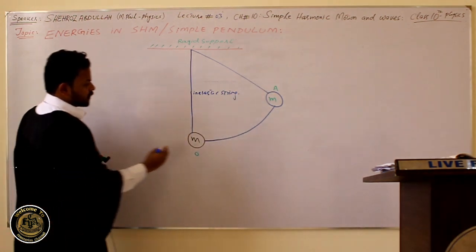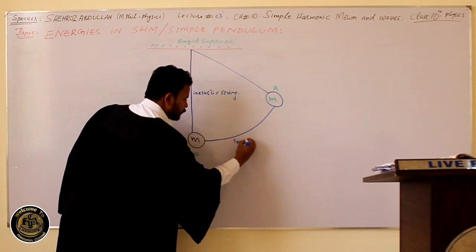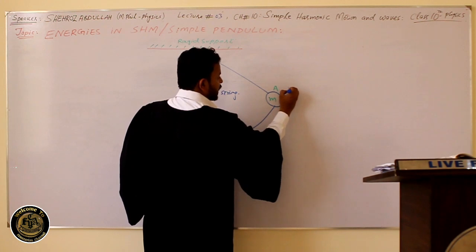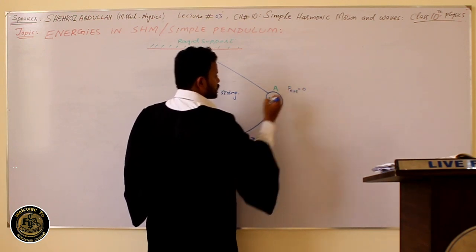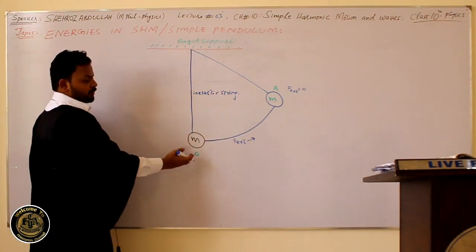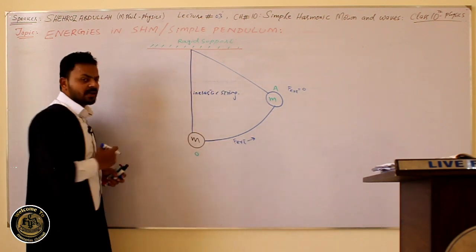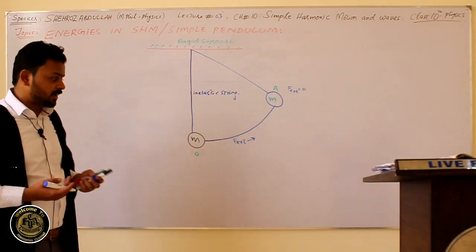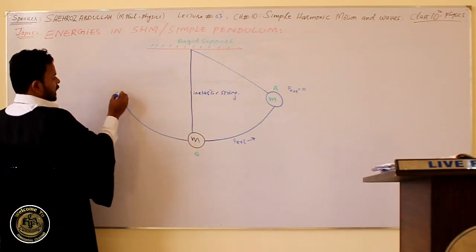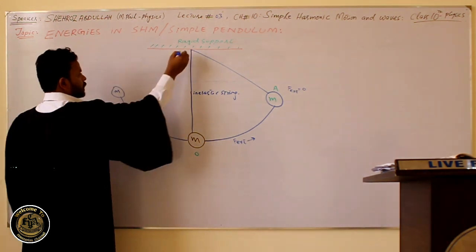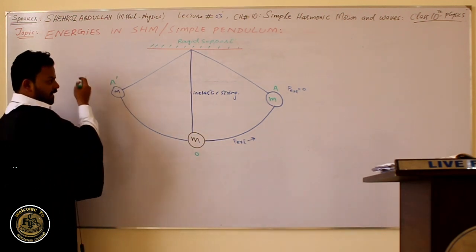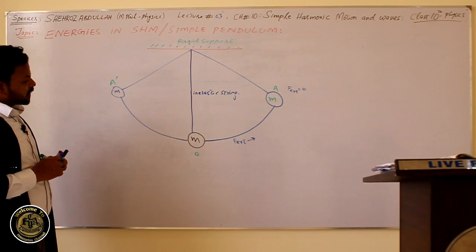I applied external force in this direction and the body reached point A. When I reach over here, I remove the external force. When I remove the external force, the body will start coming back to its point O. It will not stop over here at point O at the equilibrium position because of inertia, and the metallic sphere will reach another point like this. Say that point is known as A dash.